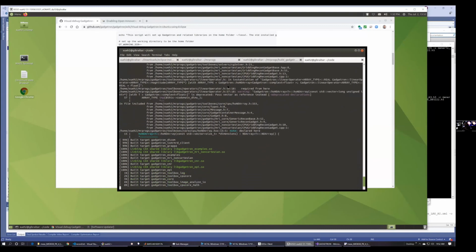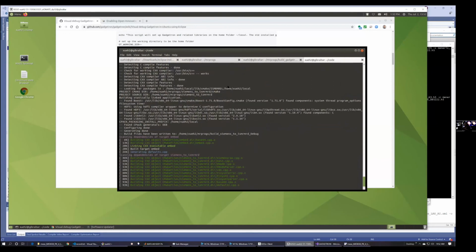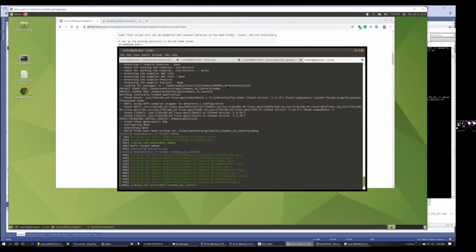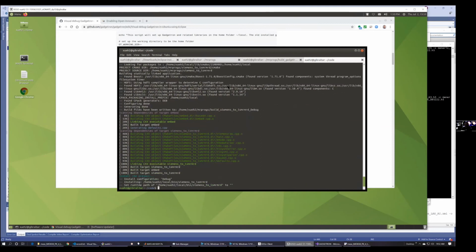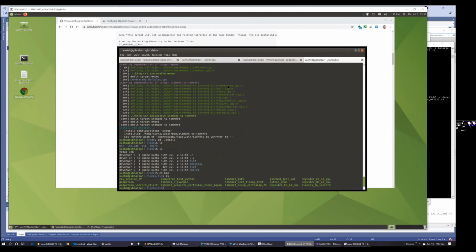So you can say it's doing installation. Then it will clone and build the Siemens to ISMRMRD converter, and also install the ISMRMRD Python 2 package, which is needed if we want to run the Python demo. Actually, we are now using Gadgetron Python. Okay, so everything is installed. If I go to my local folder, everything is installed here. For example, bin, I have